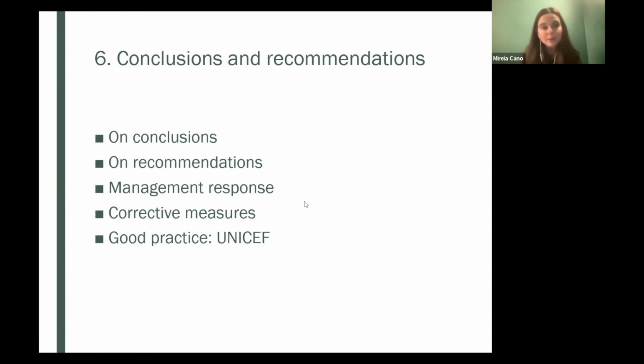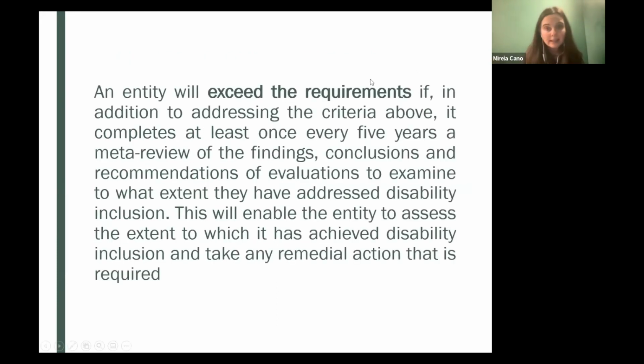And now if we go to the last slide so that we have time to further discuss. In order, this slide has to do with exceeding the requirements, and very important here to take a minute to think about what it means that we have 0 entities that have yet exceeded the requirements, and hopefully with this guidance, with the work that you are all doing, we can change the picture in the